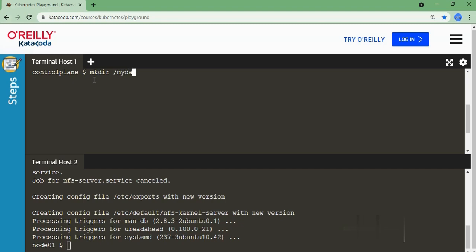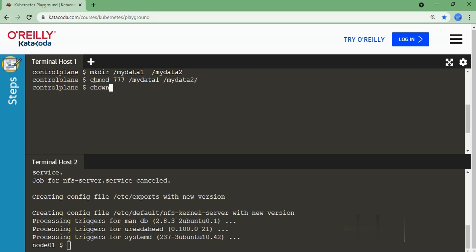The next step we will have to do is make two different directories. So you can use the mkdir command. We are going to name them mydata1 and mydata2. And we will have to change the permission of these directories, so it will be readable, writable and executable by all users. We can do this with chmod 777 and the names of our directories.